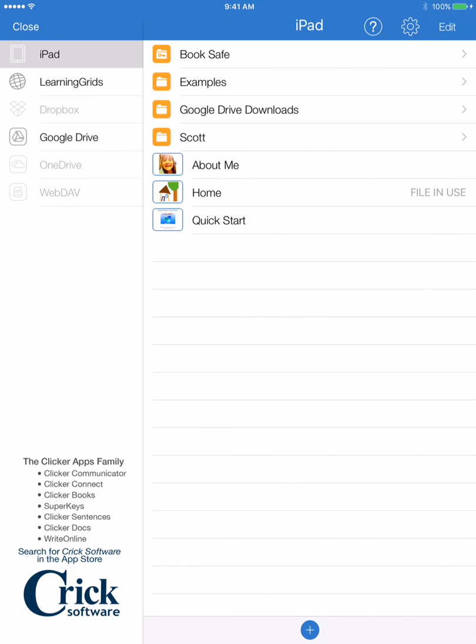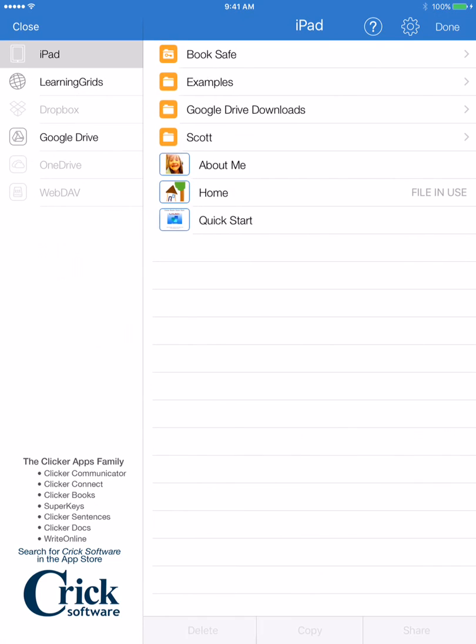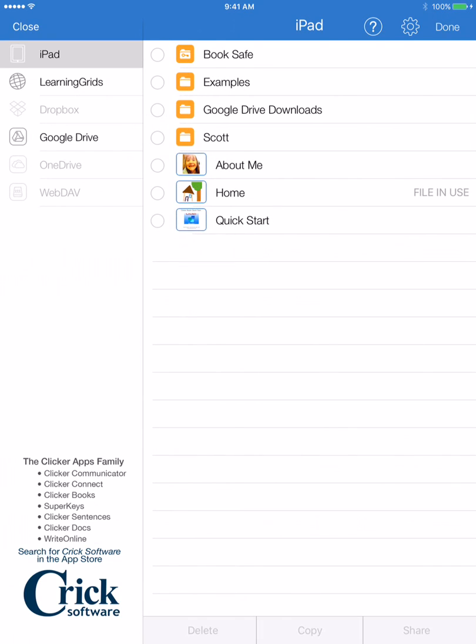Very carefully, I click the Edit button. I put a check mark next to the books that I want. I am very careful, so I check. Whoops! I put a check mark where I didn't want one, next to the Scott folder. I click it again to make sure that the only check marks appear next to the ones I want to